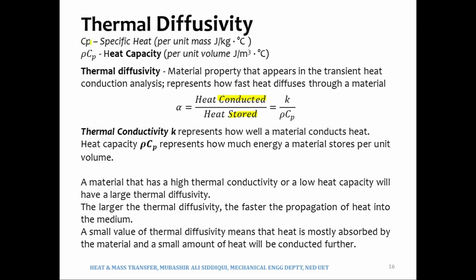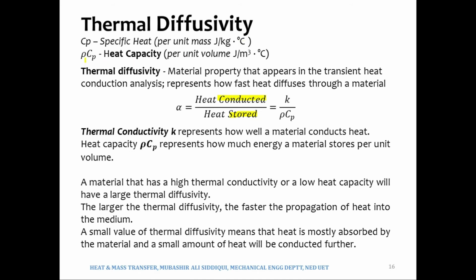We have got the Cp, which is the specific heat, which has the units of joules per kg per Kelvin or per degree Celsius. Because again, specific heat is defined as the amount of energy required to change the temperature of a unit mass of a substance by a unit Kelvin. The change in temperature in Kelvin is the same as the change in temperature in degree Celsius. So therefore Cp may have the units of joule per kg per degree Celsius or joule per kg per Kelvin. They both would be the same.